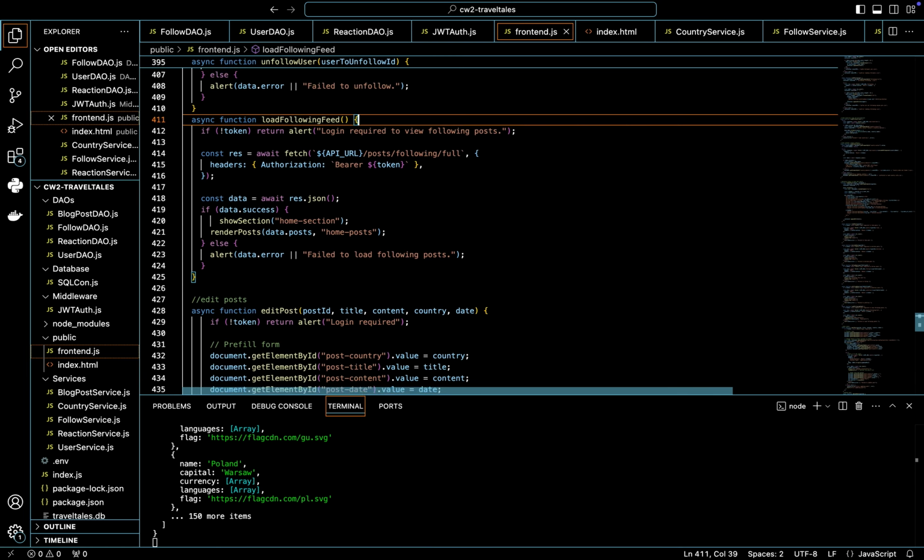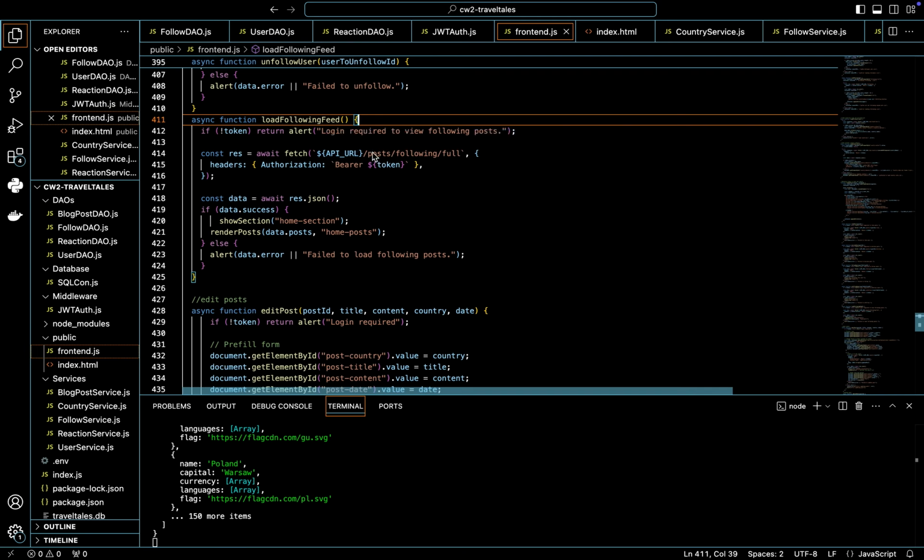What this basically does is, when the user clicks show me the feed of the people I follow, this function here is triggered, and it sends a GET request to